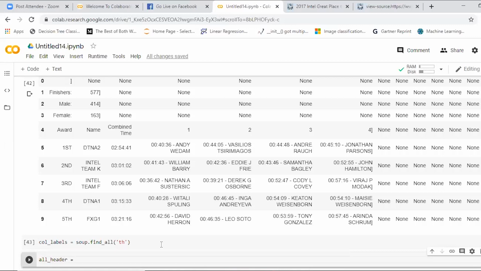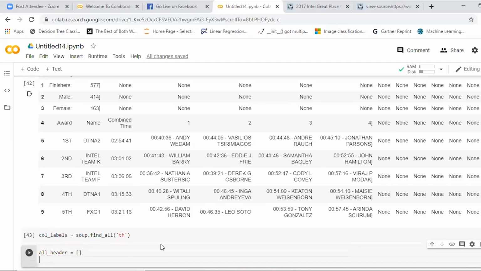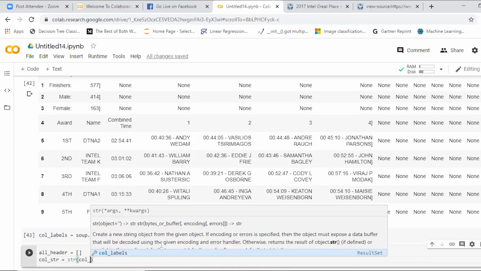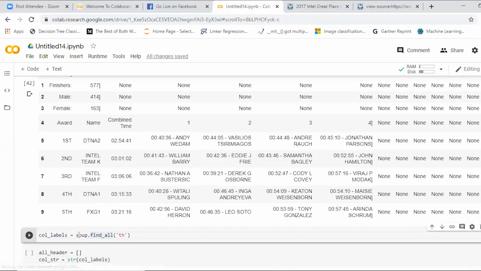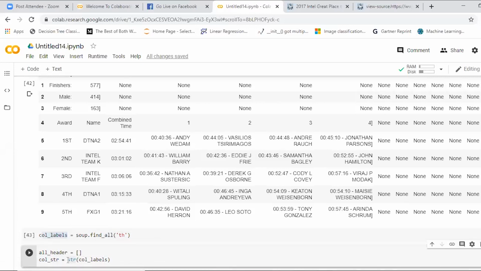We are coming to the end of the thing. We may need some more 15 minutes. Make sure, because we'll be getting tabular data at the end. We are trying to take it from the Excel sheet, from the web page. The column name, the variable names, you can give it whatever you want. You convert that into a string. You can see column labels, because you make sure what variable name you gave here, because for finding out the table headers, my variable name is column labels. I'm converting that into string format.